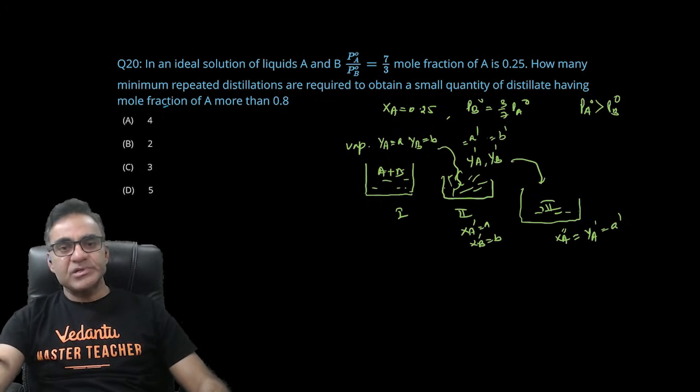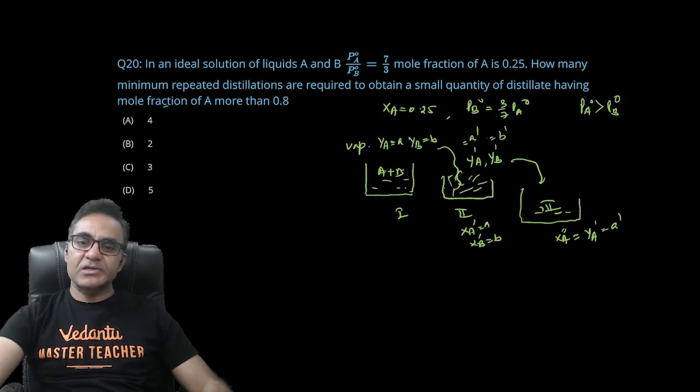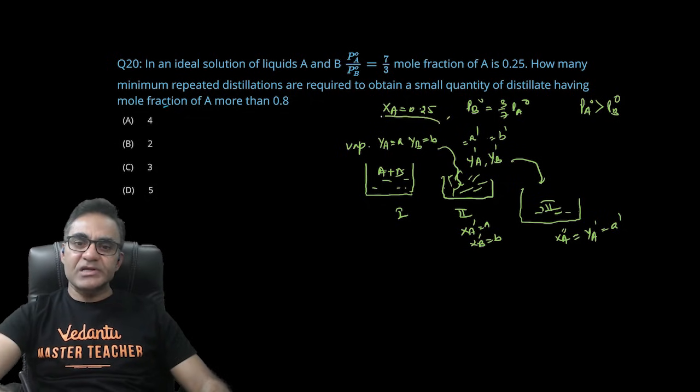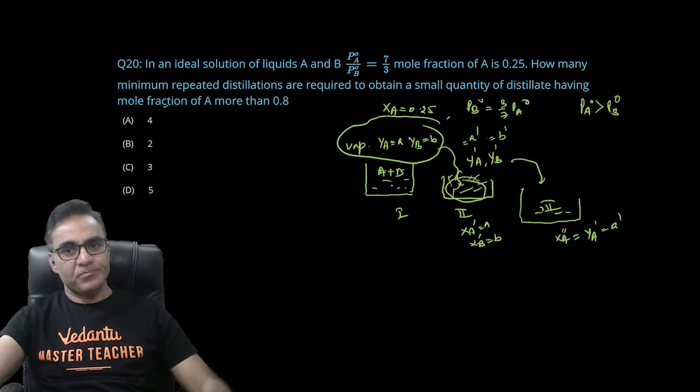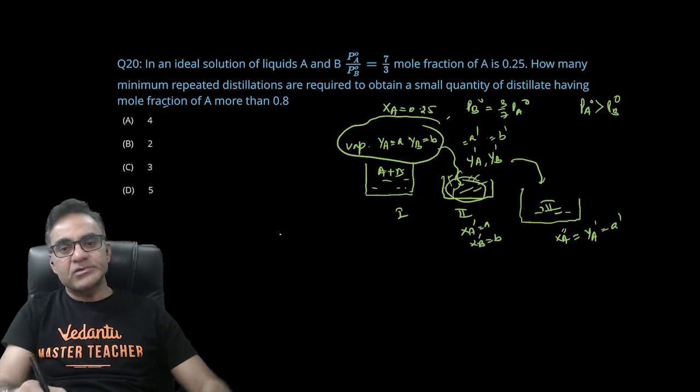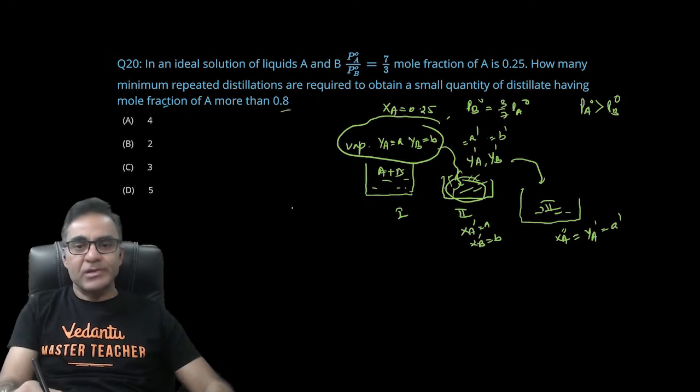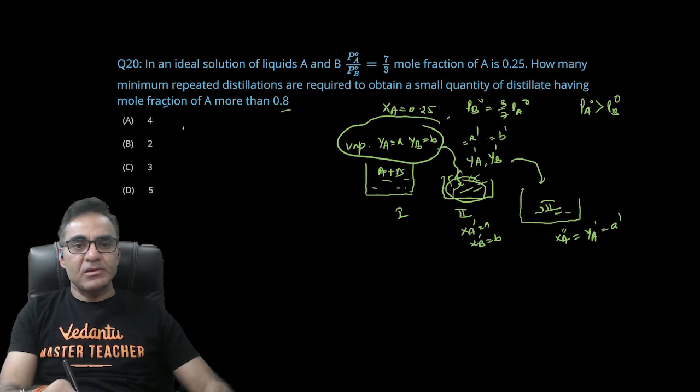तो डिस्टिलेट में जब लिक्विड वेपर इक्विलिब्रियम एस्टेब्लिश होता है तो क्वांटिटी ऑफ लिक्विड गोइंग इनटू वेपर इज क्वाइट लेस, इसलिए फर्स्ट कंटेनर की वेपर फेज में जो मोल फ्रैक्शन होगा वही सेकंड कंटेनर की लिक्विड फेज में, एंड सो ऑन। तो हमें इसी कंसेप्ट को फॉलो करते हुए ये निकालना है कि कितने स्टेप ऑफ डिस्टिलेशन अप्लाई करें ताकि मिनिमम मोल फ्रैक्शन 0.8 आ जाए।